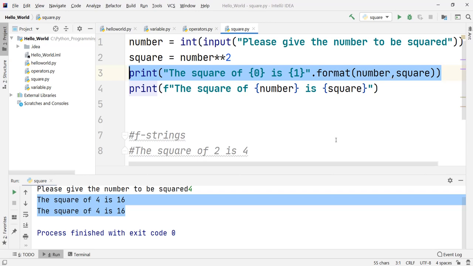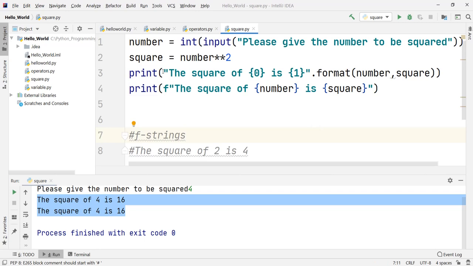Python 3.6 is almost new as of now, so this is not that popular or implemented as of now. So we will make use of both.